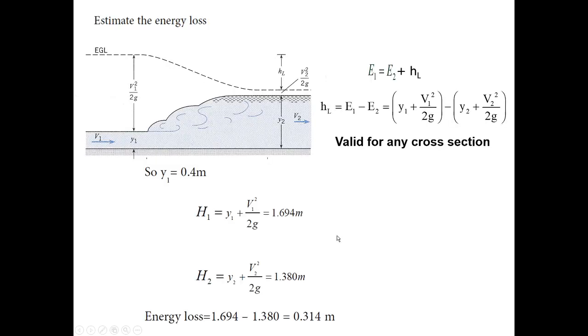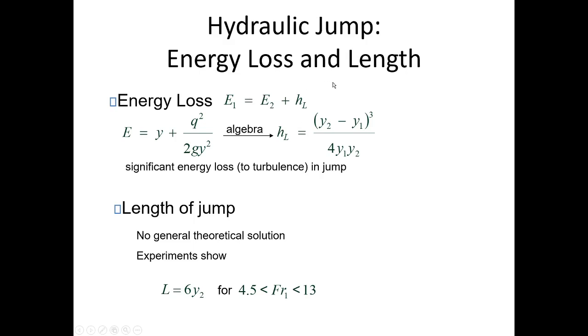By this slide we now found our second unknown. If the first unknown was the sequent depths, the second was the head losses, and the last unknown was the length of the hydraulic jump. Before going to the length of the jump, I would like to present another formula to calculate energy losses. This is our general rule, E1 equals E2 plus HL when we have energy loss. For the case of hydraulic jump,